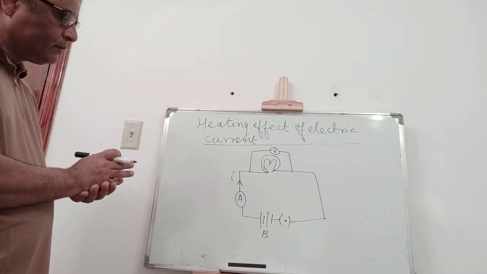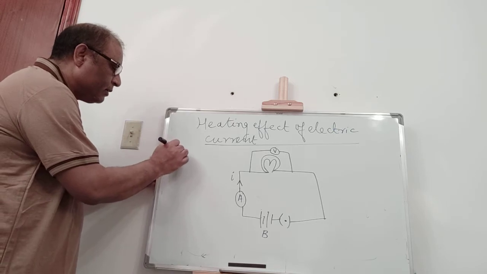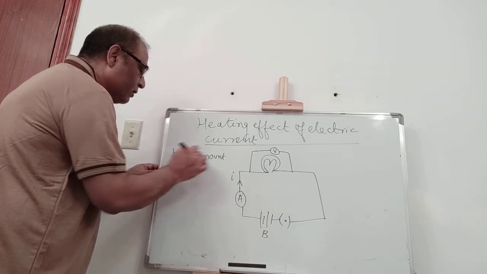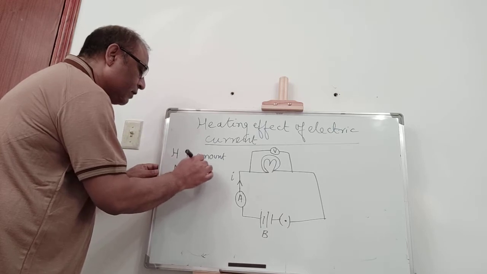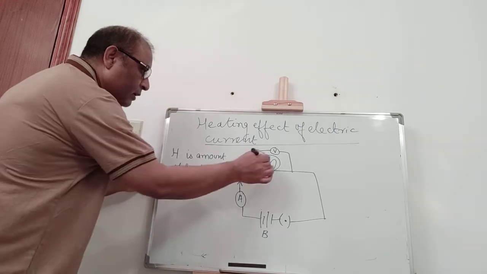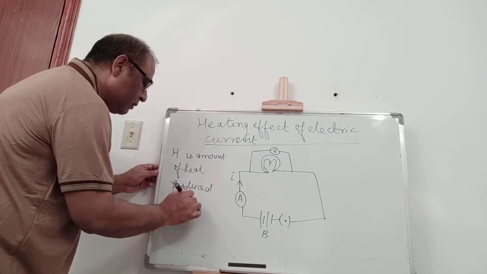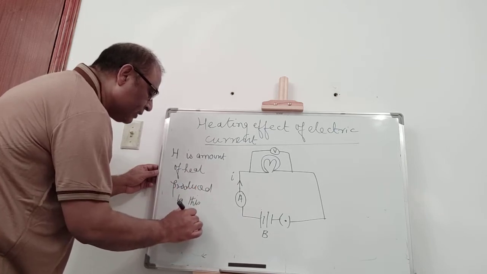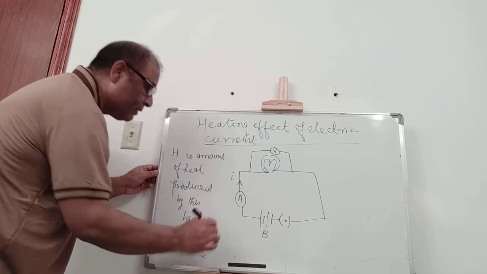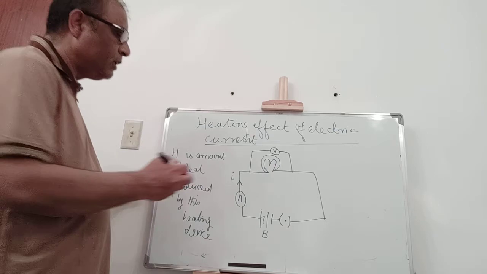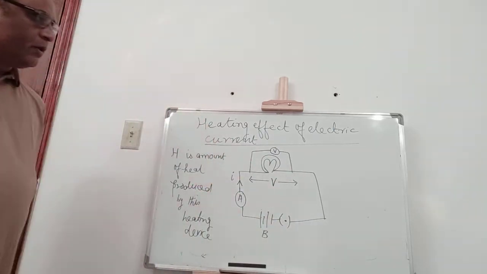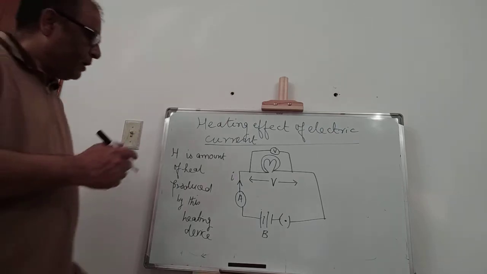It is found that if H is the amount of heat produced by this heating device, current I flows and the potential drop here is V. This potential drop is V on the heating device. Then H,